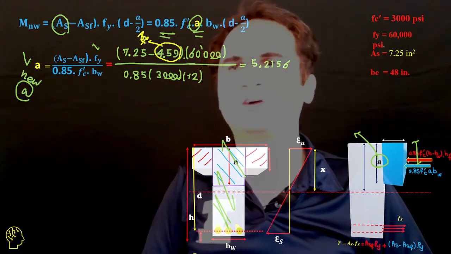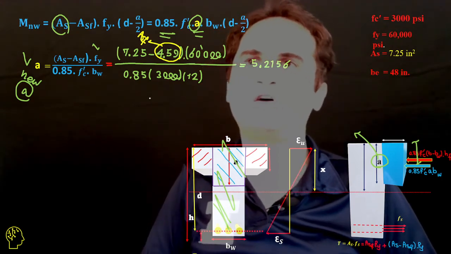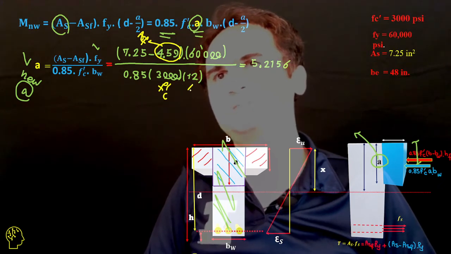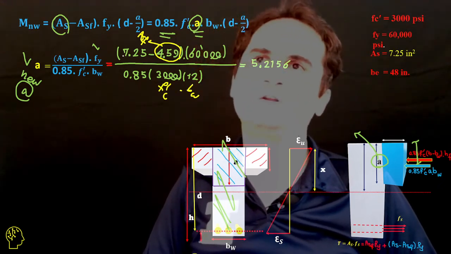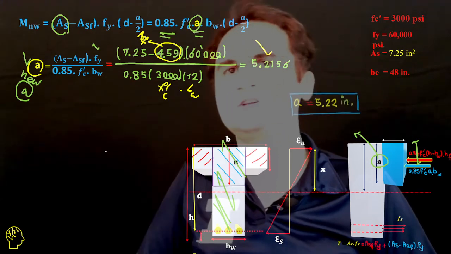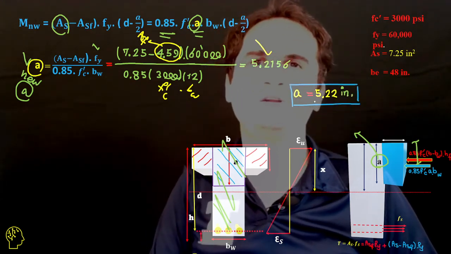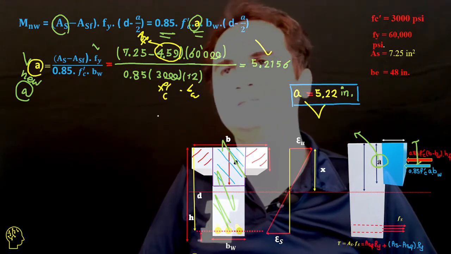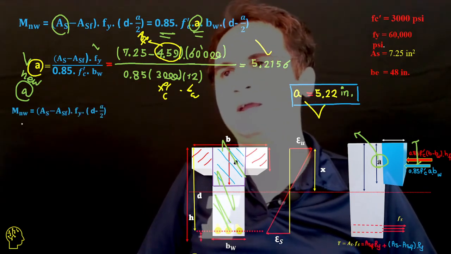You subtract As minus that, times Fy over 0.85 f'c bw. The only unknown here is a, and as soon as you do the calculation, it gives us a numeric value of a equal to 5.22 inches,